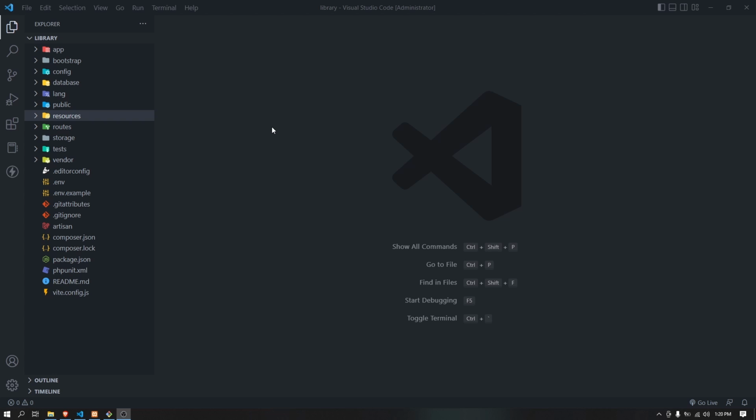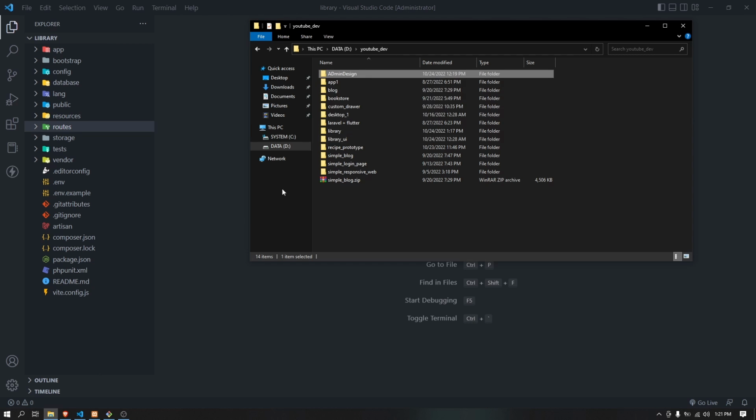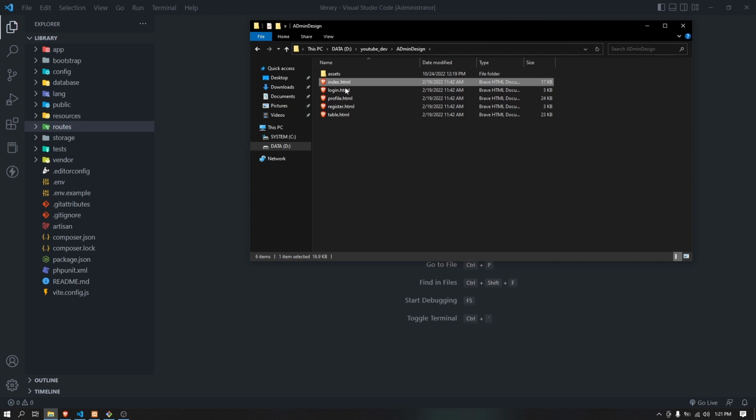A little bit of tips using Laravel, like when you are struggling with views or building your own views and you want to use templates, which is really fine. I also use templates all the time, or at least most of my projects I use templates, but there is a tip that you might not know. The first one is, let's see, for example, if you want to use this SB Admin template, which is what I have here,